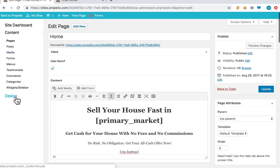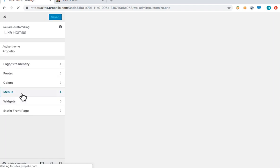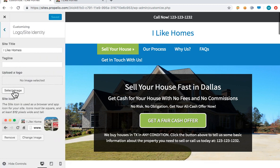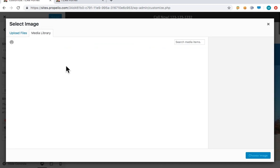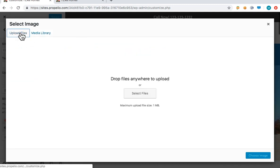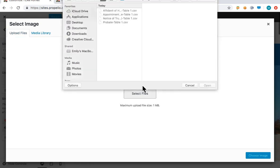You can even click the design button here at the bottom on the left, and then you can change the logo and all of the color coordination and all that. So if you wanted to, you can go ahead and type logo here. You can even select an image of what you want. That's the media that you currently have, but you can upload a file. Select files, and then I can just go ahead and type in here